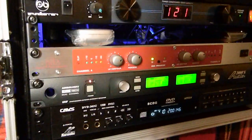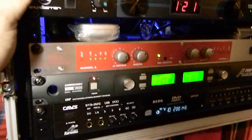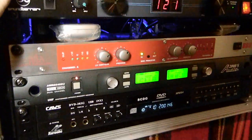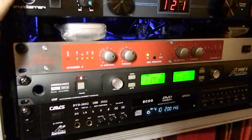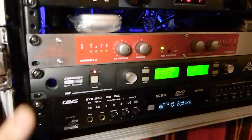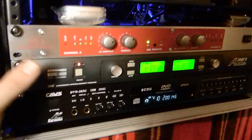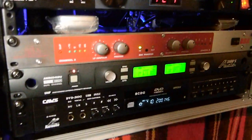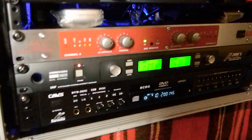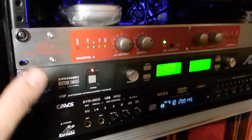It's one of those things where this customer bought the system without a subwoofer. He feels he's probably never going to need a subwoofer due to the fact that he's going to have this in his basement. Maybe he's going to move it to a vacation home, or he's going to do small things here and there. But for the most part, he's not going to DJ with it, so he felt he didn't need the bass. But if this same customer came to me 2 years from now and said, hey, you know what? I want to try the sub. Once he gets that sub, the first thing he's going to tell me is he doesn't know how he ever lived without it. So going back to the processor is the same type of equipment where once you use one,